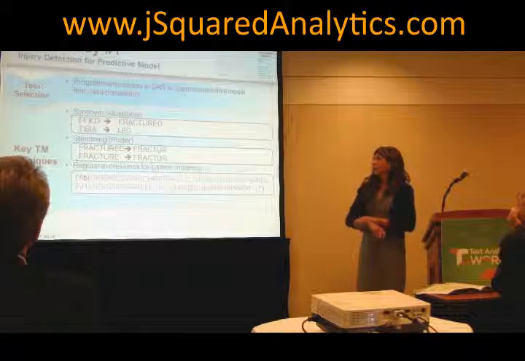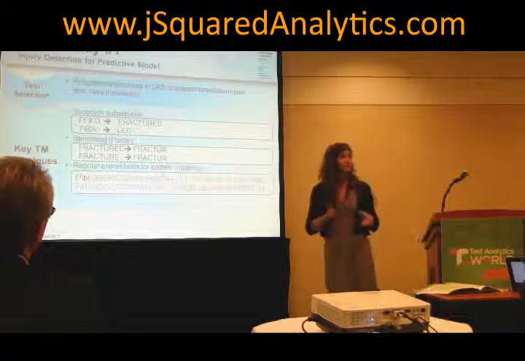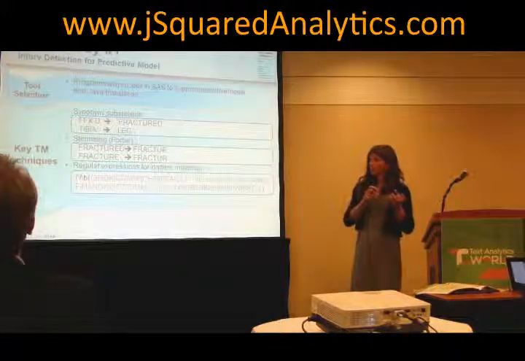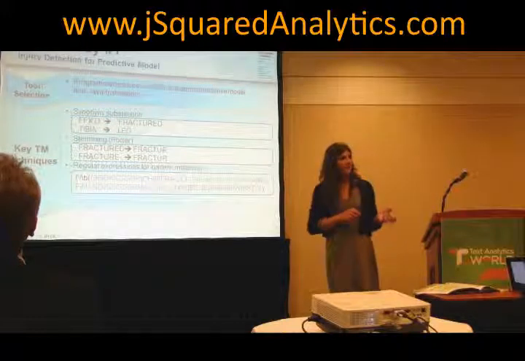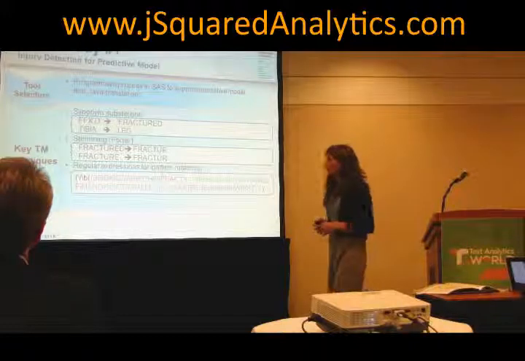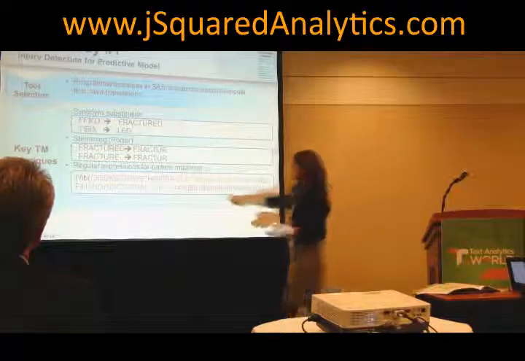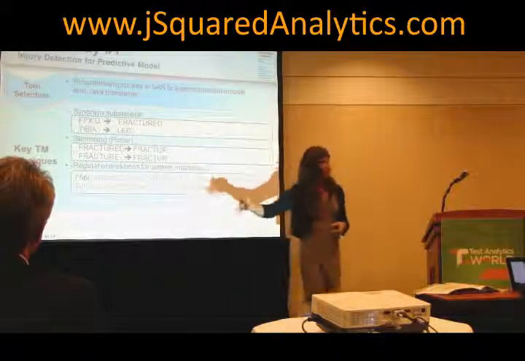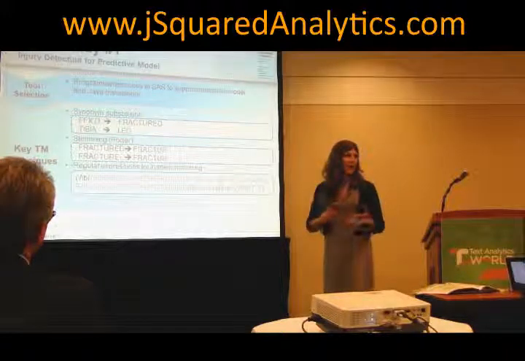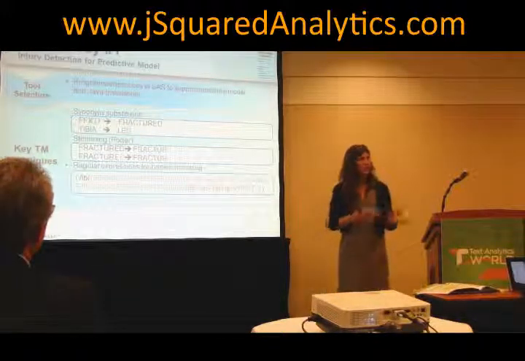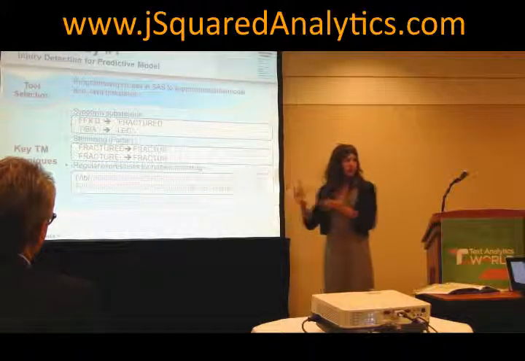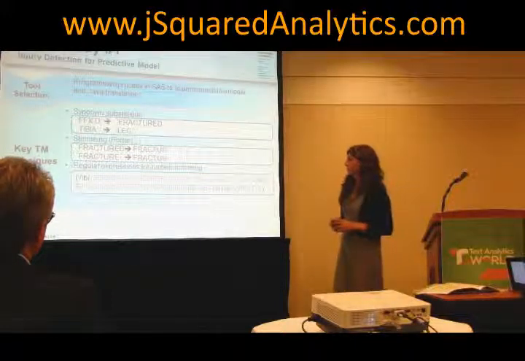So we programmed this basically in SAS using the existing SAS functions, and it fit well because we wanted to do a predictive model. We were going to do that in SAS anyhow, so it was natural to do the text mining within SAS. Also, we made very heavy use of regular expressions, which I'll talk about in a minute, for identifying our injuries. Regular expressions are available in a lot of languages, including SAS, Java, Perl, and a number of others. So it fit very well going from R&D in SAS to Java, because the regular expressions were pretty much directly translatable.